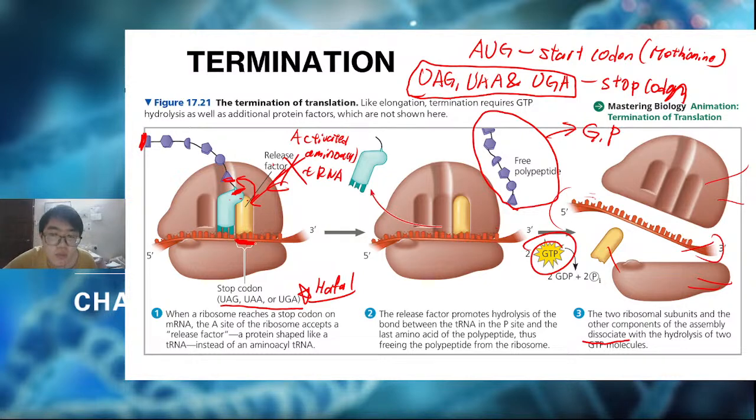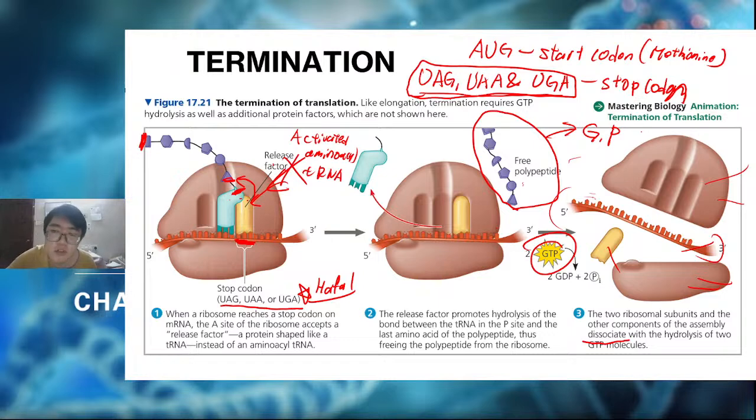And termination is reached when the mRNA contains these three codons UAG, UAA, and or UGA. Kalau ada salah satu tiga kodon ni, maksudnya translation sudah stop. Boleh stop lah. It already reached termination and will have the release factor, and this release factor will release the polypeptide and also dissociate all the components in the ribosome, and then this free polypeptide will go to the Golgi apparatus